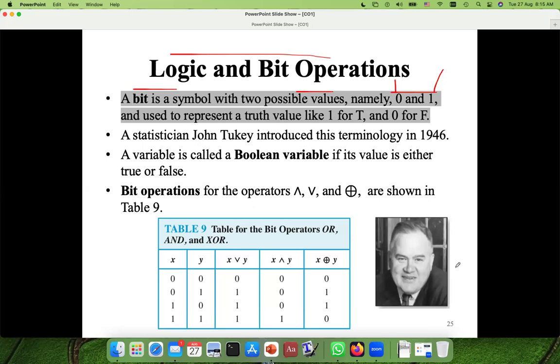You know that. This idea was given by this man, John Tukey. Anyhow, leave it. A variable is called, leave it. Why? Because the Muslim scholars did too many things in history, but they don't mention their names, and others mention their own names. But honestly, I have still just mentioned it. Otherwise, we are more honest than those people. I don't want to discuss it, but this is the fact. They have taken all the things which were mostly founded by Muslim people, and they have given their own names. But there are some countries in Europe which are more honest compared to others. For example, Germany. If you have some Muslim name there, they will mention that name. But most countries are not that honest. Anyhow,